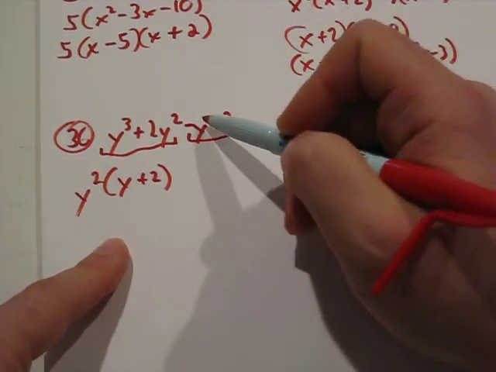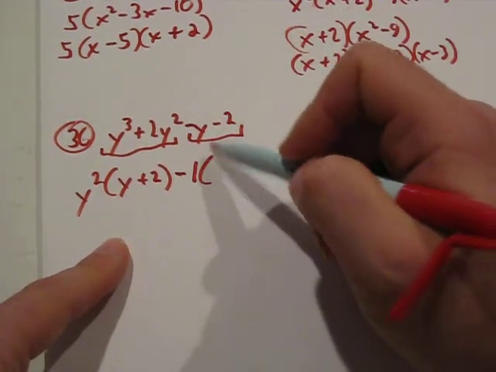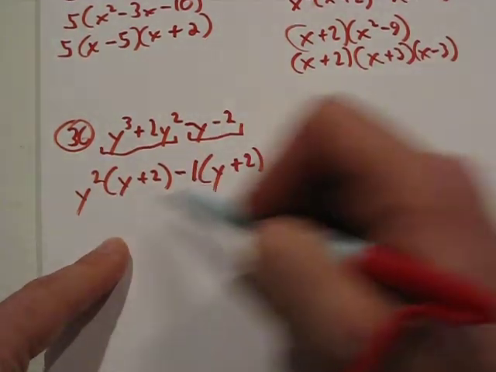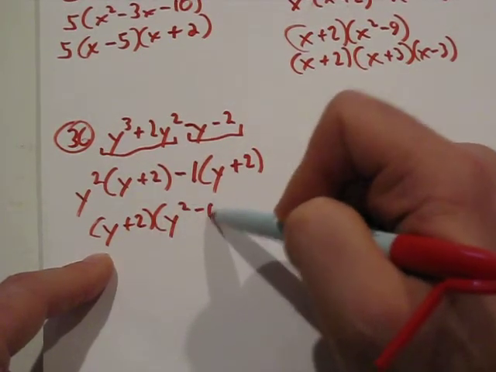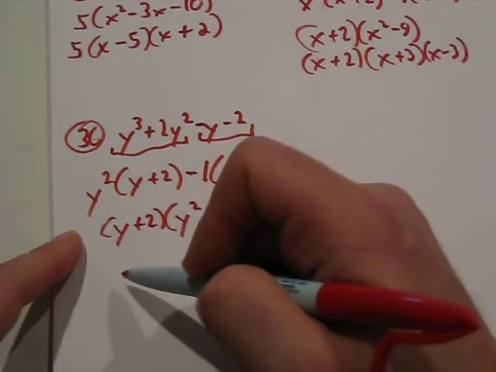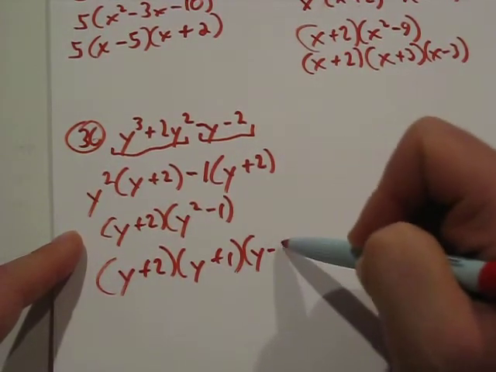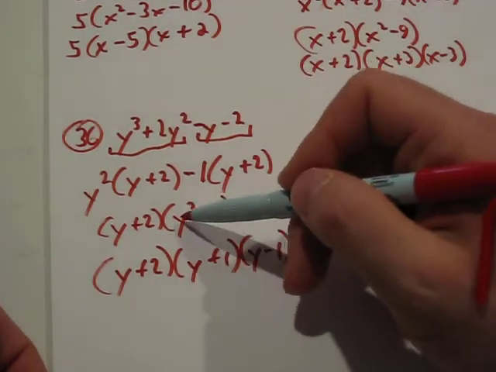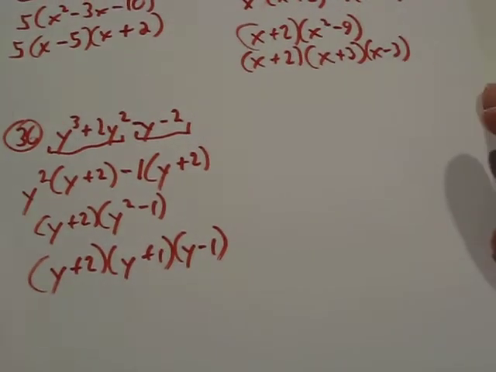What can factor out of the negative y minus 2? Well, it would be a negative 1. And that would make the negative y into positive y and the minus 2 into a plus 2, which makes us our match. Our match, I am going to just write it first, and our leftovers will be y squared minus 1. I'll let you look at that for a moment. Y squared minus 1, so I got y plus 2, y plus 1, y minus 1, because of the difference of squares. It follows all our rules. It is a difference, y squared is an even power, and 1 and 1 are perfect roots. Phew!